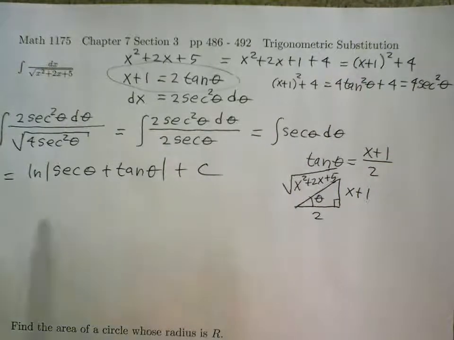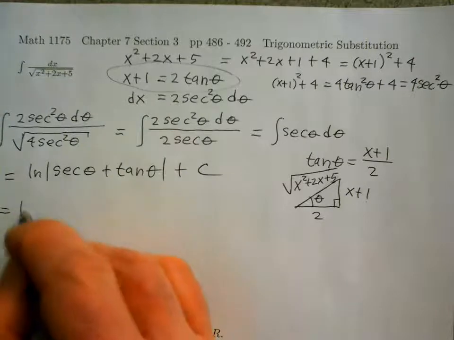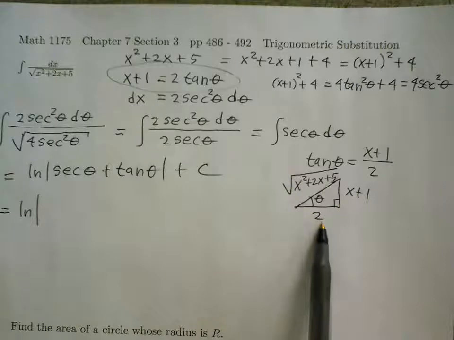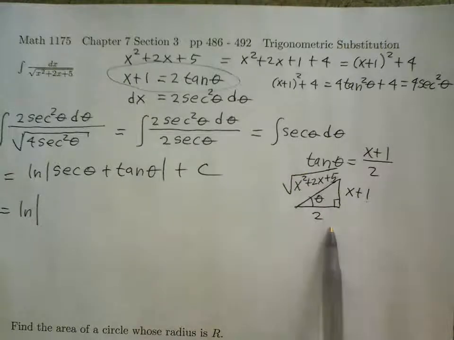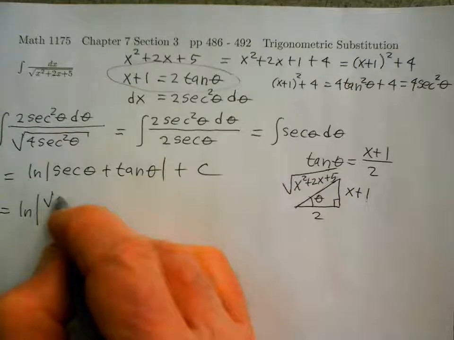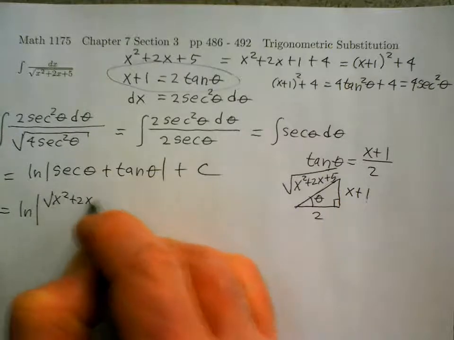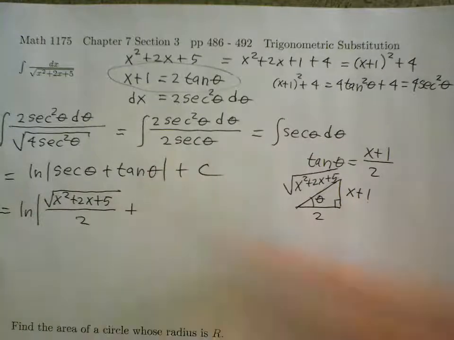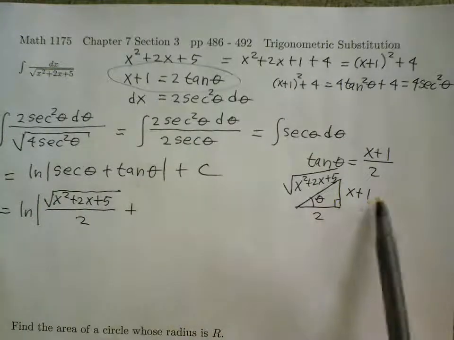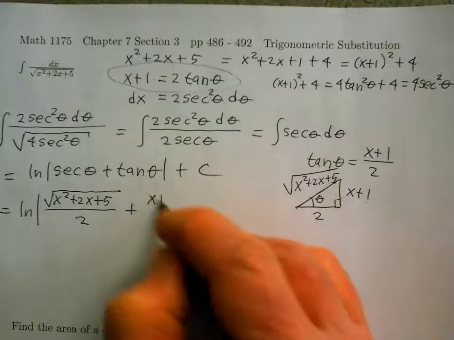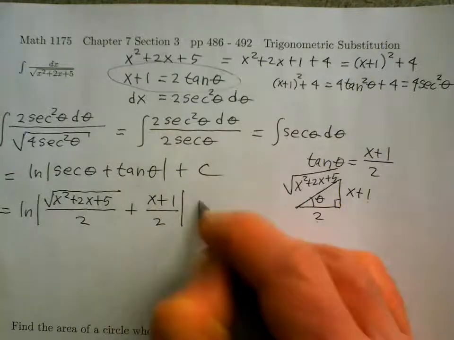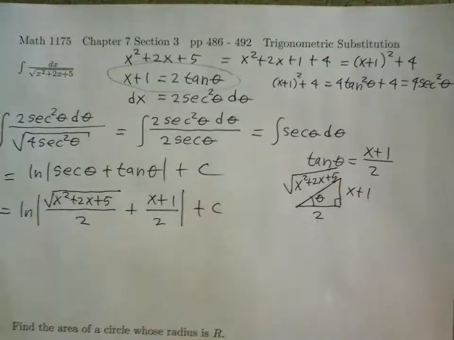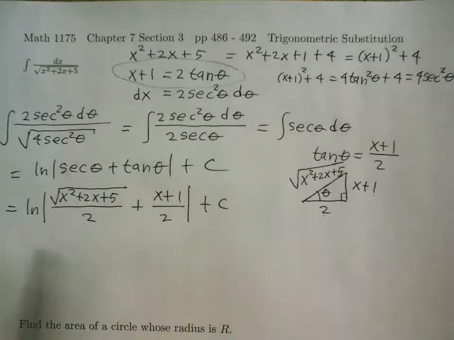Okay, so we're a couple of steps away. Secant of theta, using this right triangle, is hypotenuse over adjacent side. So it's the square root of x squared plus 2x plus 5 over 2. And then tangent of theta, opposite over adjacent, is x plus 1 over 2. And then plus a constant. Okay, this is an okay answer, but